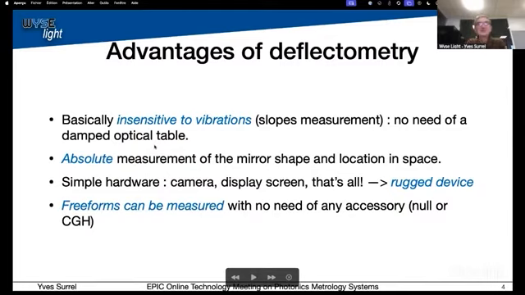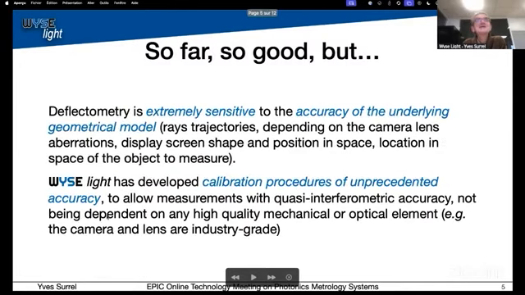Another advantage of deflectometry, and it's probably one of the best advantages, is that freeforms can be measured with no need of any accessory, because you do not have the limitations of interferometry. You can have large deviations from simple shapes. It's no problem to measure. So very nice. But